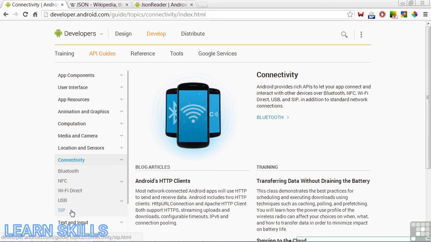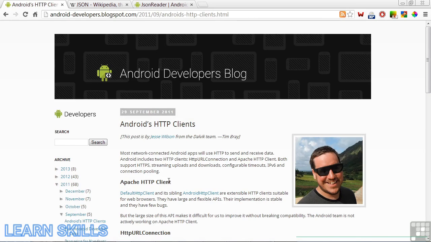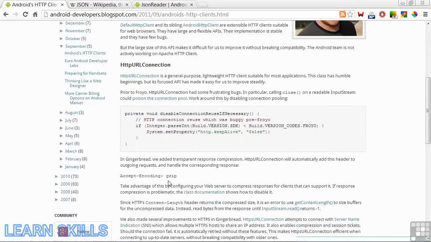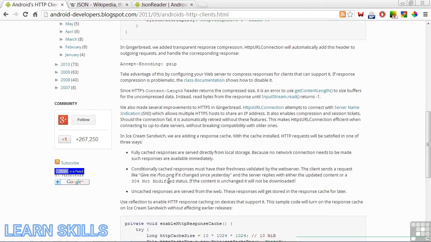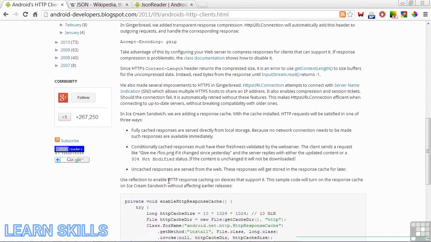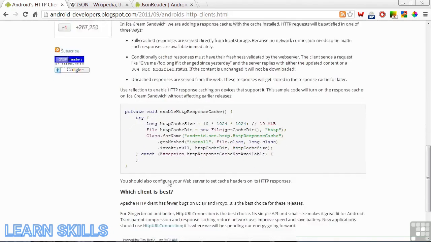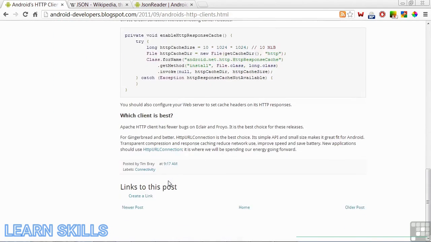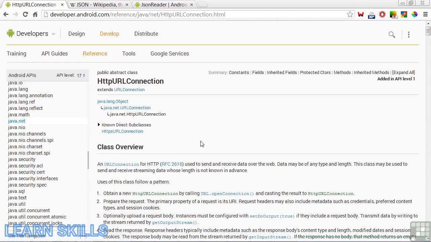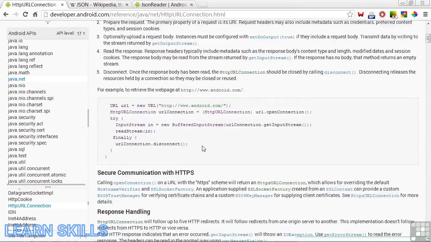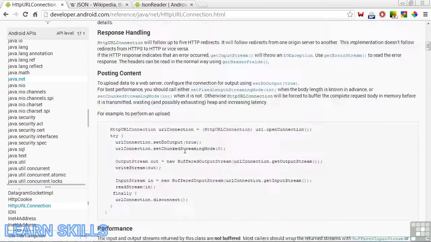Dealing with remote access is slightly different. On the main connectivity page here, there's a link to a blog article, Android's HTTP clients. And this article gives some background and detailed information on remote access. And my guess is that Google will create an official HTTP web page like our other connectivity methods have their own page soon. At the end of this article, the HTTP URL connection class is recommended as the best choice going forward. On that page, there's detailed information about how to establish a connection over the internet, including some code